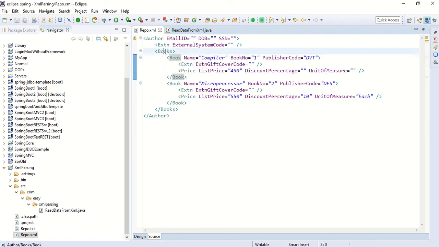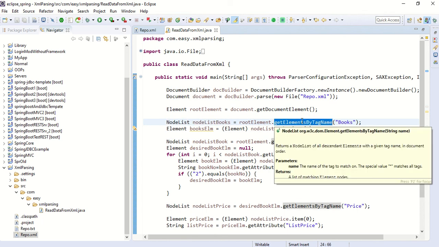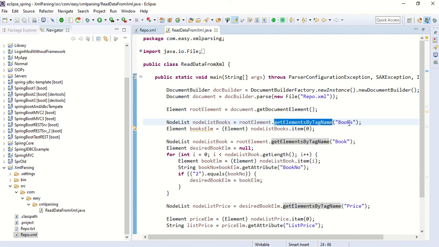But the method returns a NodeList, so we get all the nodes whose name is books.